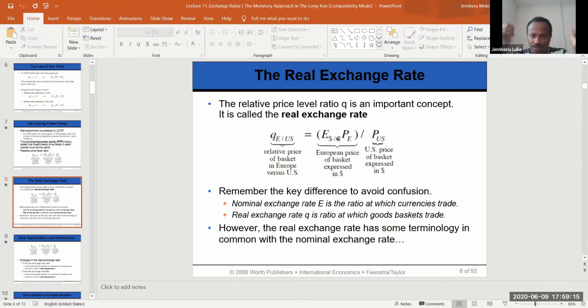Well, exchange may not be also a good word. We are comparing the same baskets of goods and when they are measured in the same currency, which one is cheaper or more expensive. ስለዚህ in terms of goods እያሰብኩ ነው ማለት ነው. As you know, the main difference between real and nominal variables, for the real one we are talking about goods and services actually. ስለዚህ like if I say that